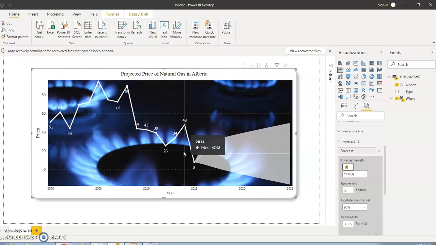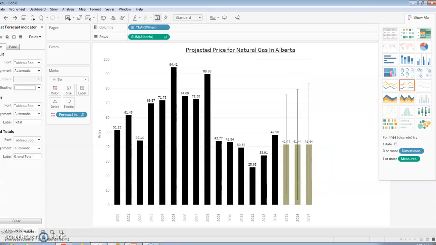Both Tableau and Power BI do a very good job at that. Here also we have done a forecast, and we have chosen a contrasting color. These calculations are done by the tool itself.